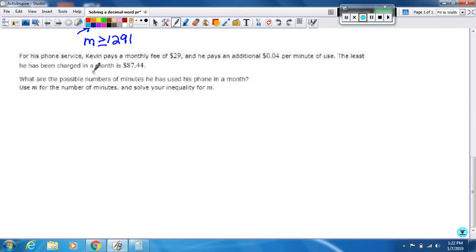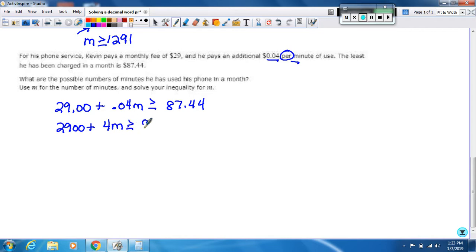Okay. For his phone service, Kevin pays a monthly fee of $29. So again, I'll put it with decimals. And he pays an additional 4 cents. The word per means the 4 and the M get stuck together. The least he has been charged, so that's greater than or equal to $87.44. So I can write that as 2,900 plus 4M